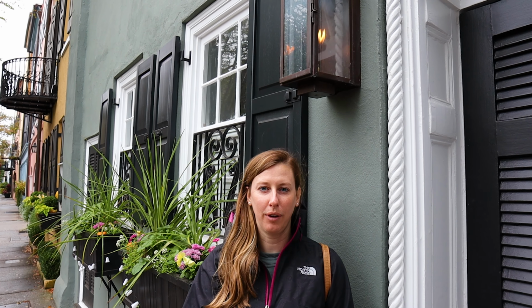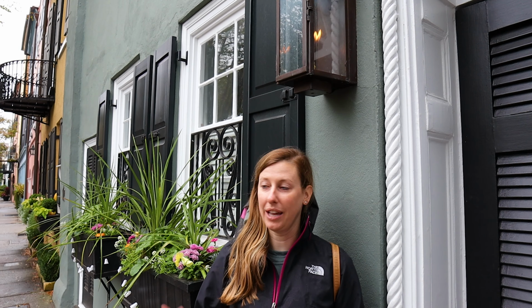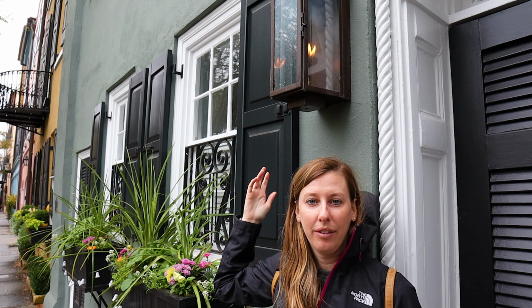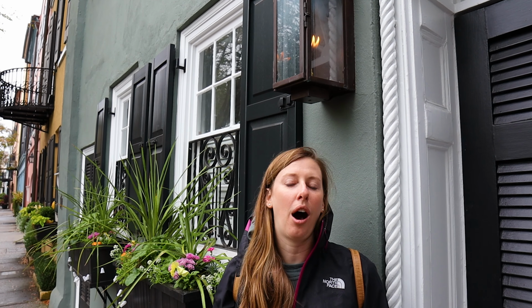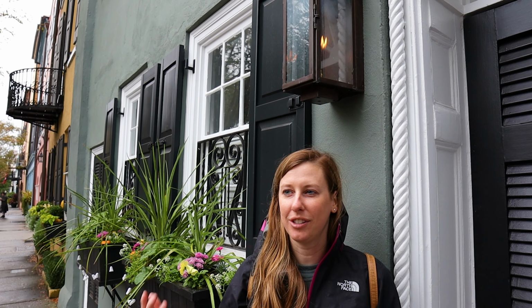On our tour yesterday, our tour guide was talking about how in Charleston they have the 75-year rule, which means that after 75 years, so like if it's 2022 right now, then anything 75 years or older, you can't change the exterior of the house. And what's crazy is that even includes light fixtures. As you can tell, this is gas. They can't change the exterior, so they can't put in electrical lights; they have to keep it as gas. We were just talking about how it gives this really cool ambiance of Charleston when you walk around or drive around and you see all these gas lights and they twinkle. It just gives a really cool